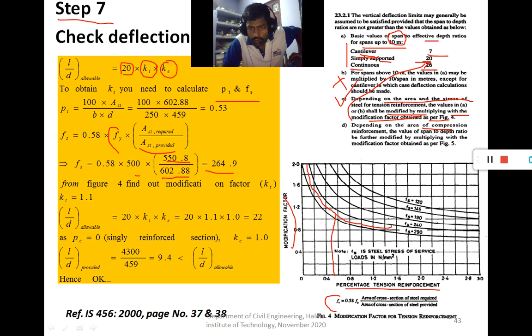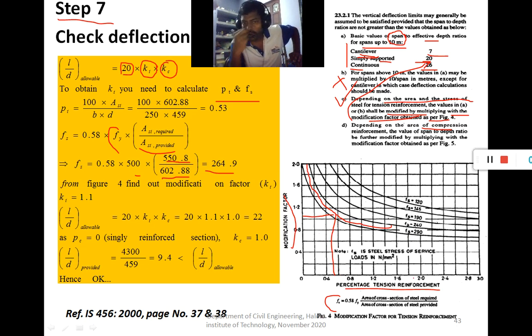We draw the vertical line which cuts this assumed curve lying between 290 and 240. Now we get the modification factor. By estimation, you find approximately what the modification factor is.